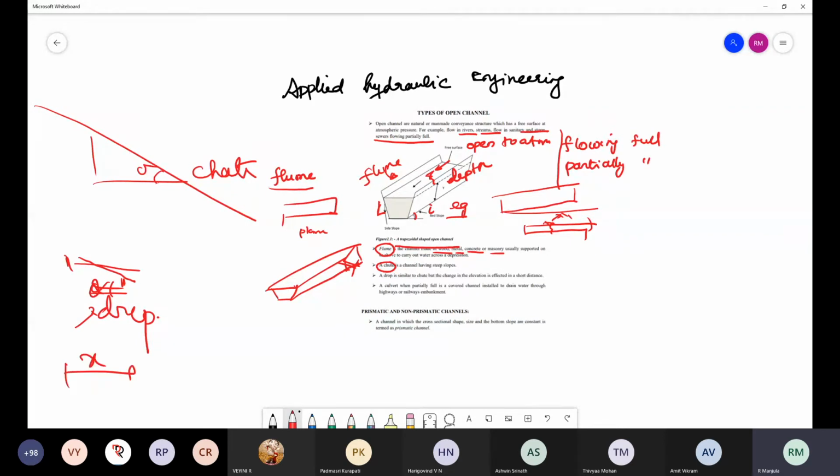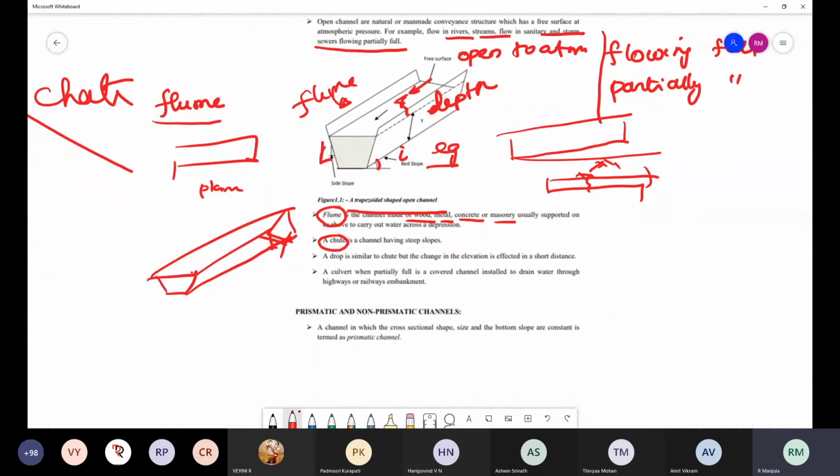Then what is a culvert? These are terminologies just related to your hydraulics. Then there is a terminology called a culvert. Have you heard of a culvert? I think you might have seen culverts everywhere, isn't it? What is a culvert? A culvert is a covering provided over a channel, either a drainage or stormwater drain, rainwater, stormwater drains or a sanitary sewer or whatever it is. It is a covering which is provided over the channel.